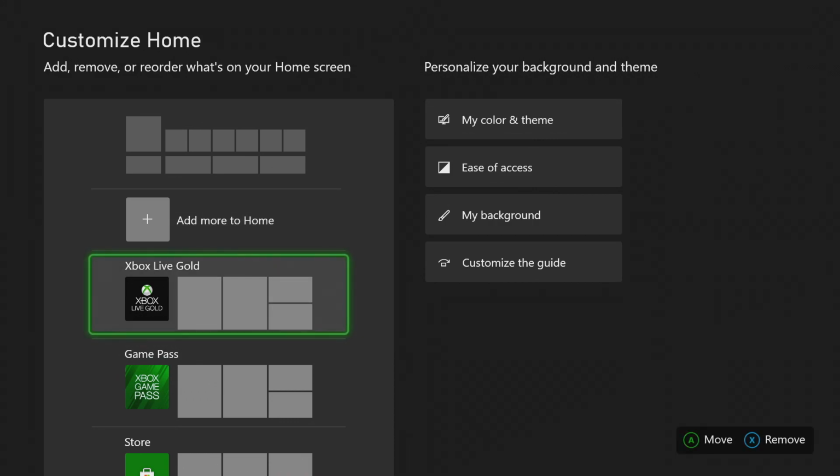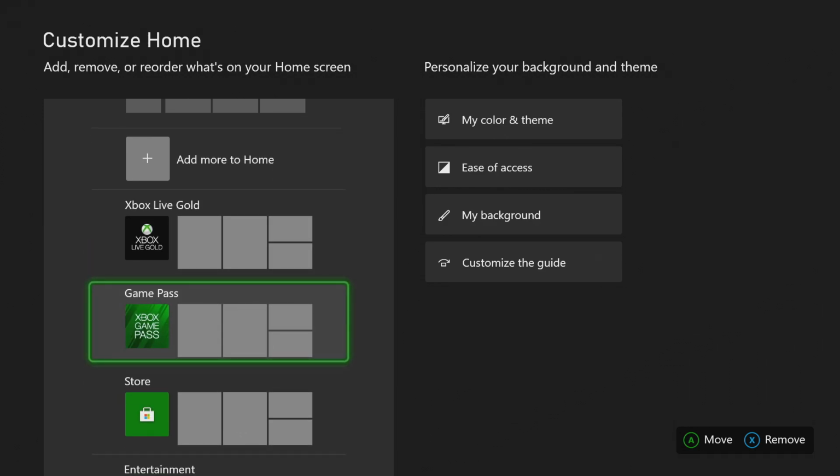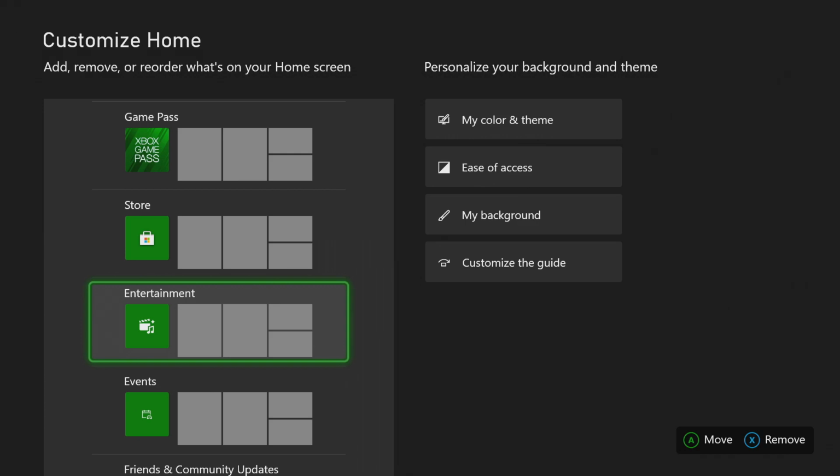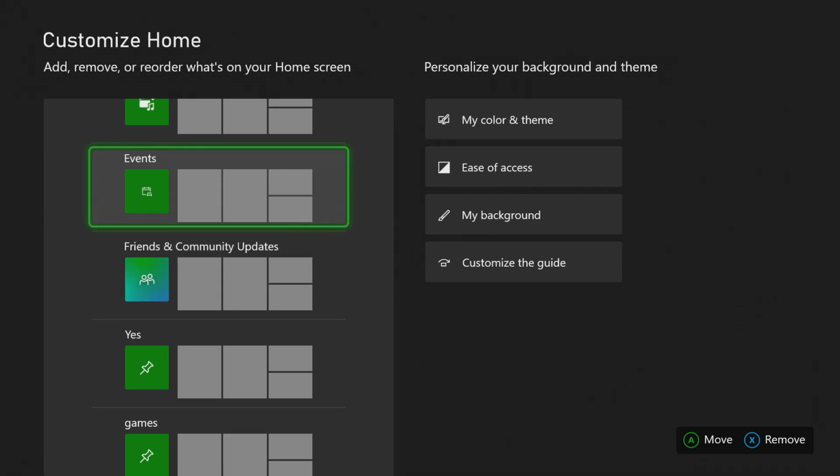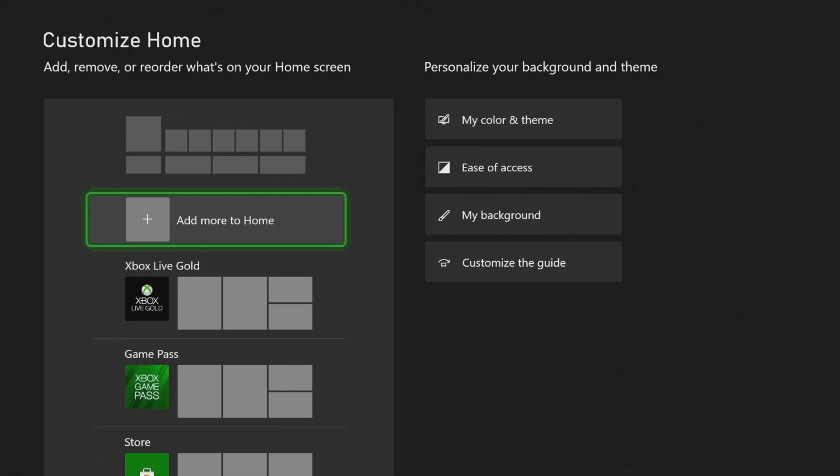So as you can see, we have Xbox Live Gold. I can remove that if I want by hitting X. You have the Game Pass, the store, the entertainment, the events, friend, and community. You have the ones that I've made, just randomly made. So if you want to make a new one, all you have to do is hit add more to home,